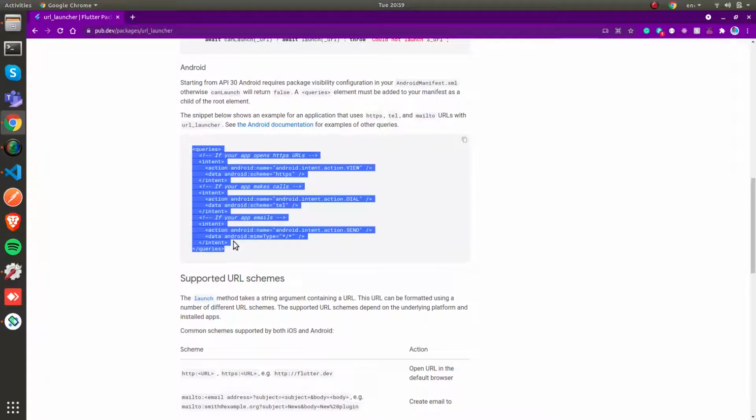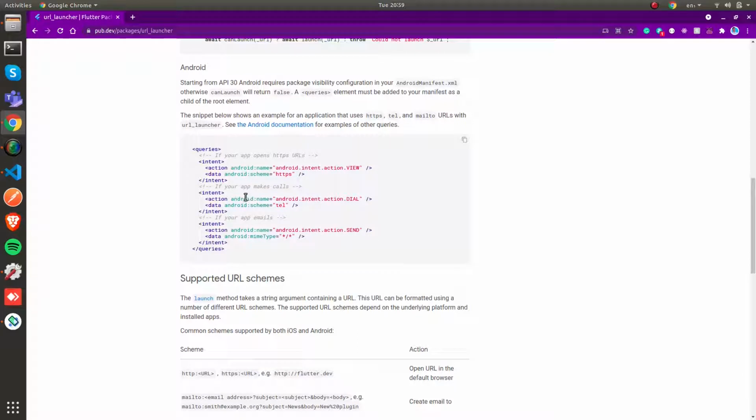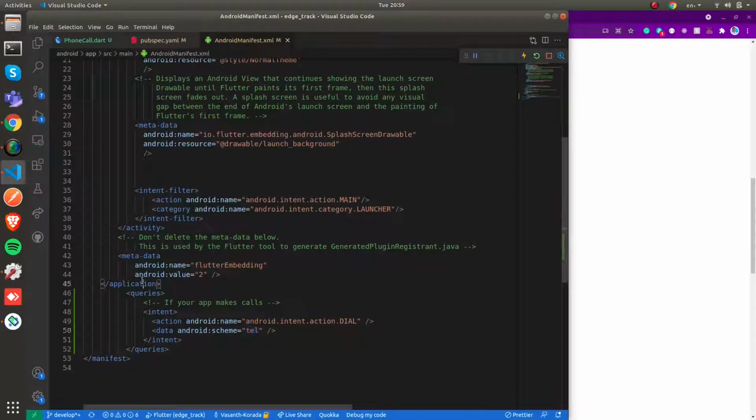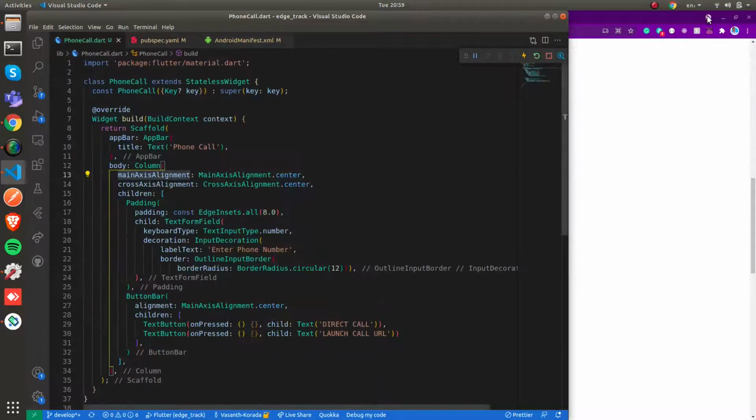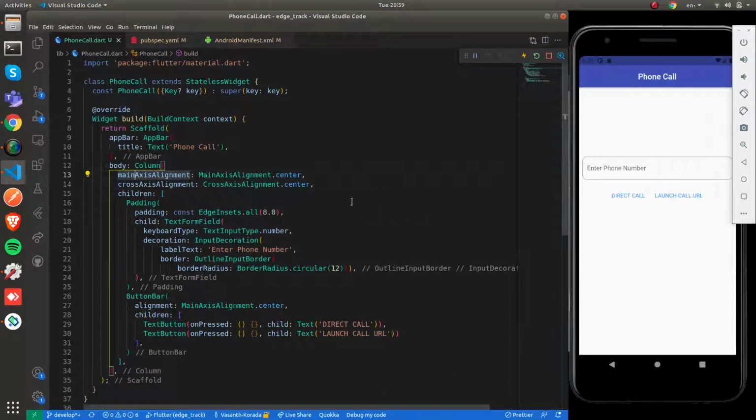Since we are going to make calls, we need to add this intent under queries, after the application tag in the manifest tag. This is the minor setup we need for the URL launcher plugin to launch the call URLs.